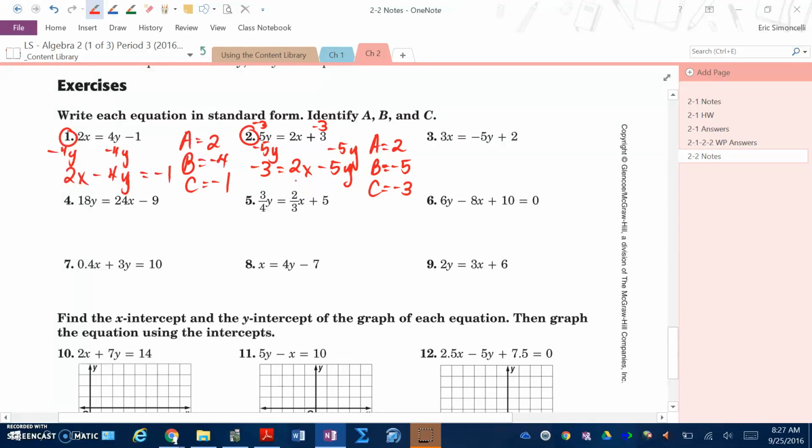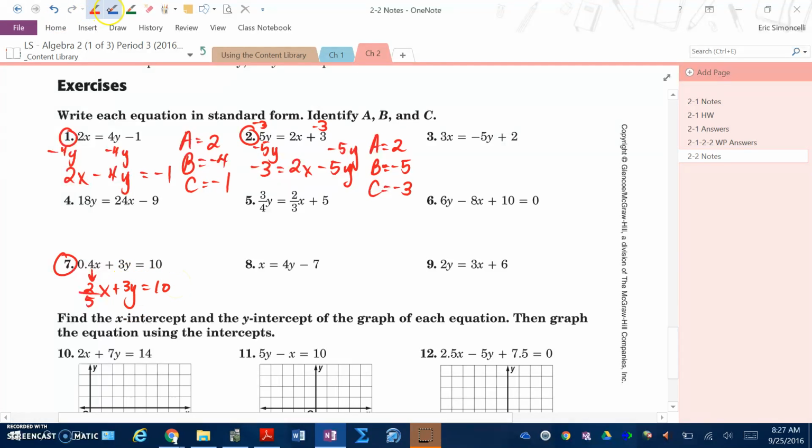The next problem I want to take a look at is number 7. We can see we've got A is 0.4, not an integer, B is 3, C is 10. So I'm going to first note that 0.4 is really just 4/10, and 4/10 as a fraction, we can divide it by 2 and by 2, so we get 2/5. This is still 3y